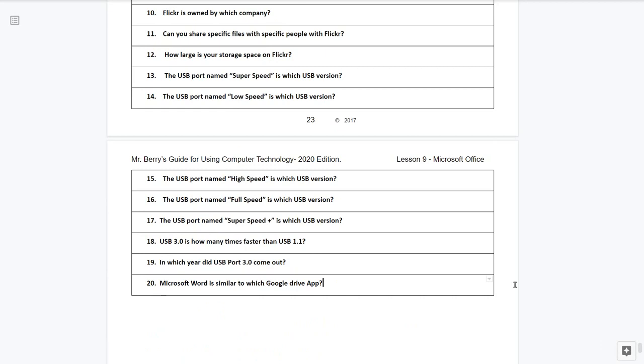Question number 13. The USB port named Super Speed is which USB version? Question number 14. The USB port named Low Speed is which USB version?